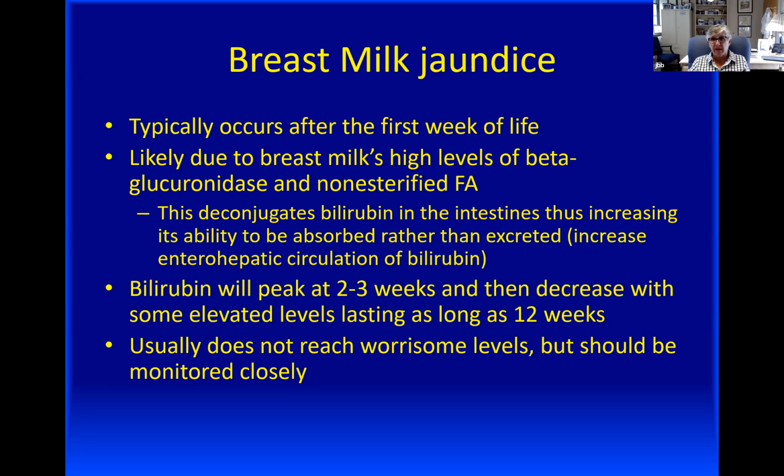Breast milk jaundice, again, thanks to Dr. Amaral. This typically occurs in the first week, like we discussed. It's likely due to factors in the breast milk, the beta-glucuronidase and the non-esterified fatty acids, which deconjugate the bilirubin in the intestines, increasing its ability to be absorbed rather than excreted. And you get the enterohepatic circulation of bilirubin. This will peak at 2 to 3 weeks of age and decrease slowly, like we talked about,